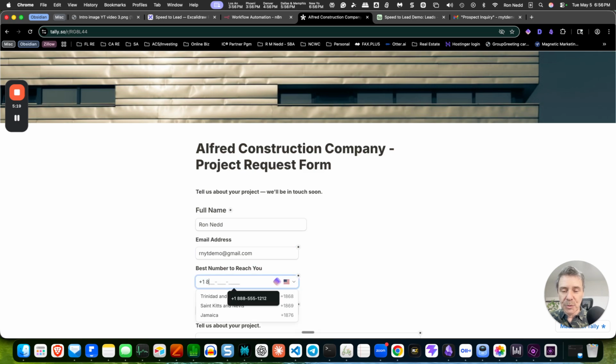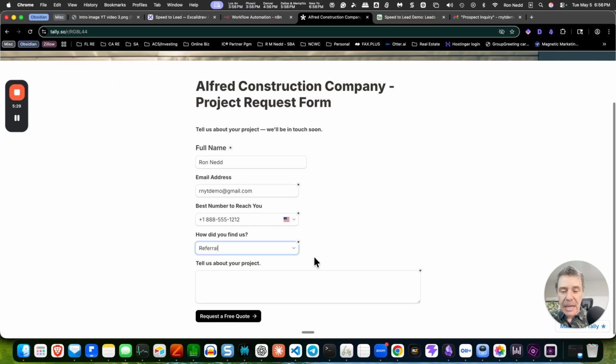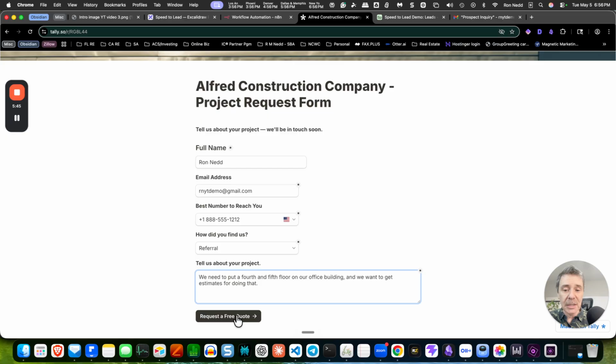And then we'll just put in some number and choose this as being from a referral, let's say, and tell us about your project. We need to put a 4th and 5th floor on our office building, and we want to get estimates for doing that. So that is what they're requesting,